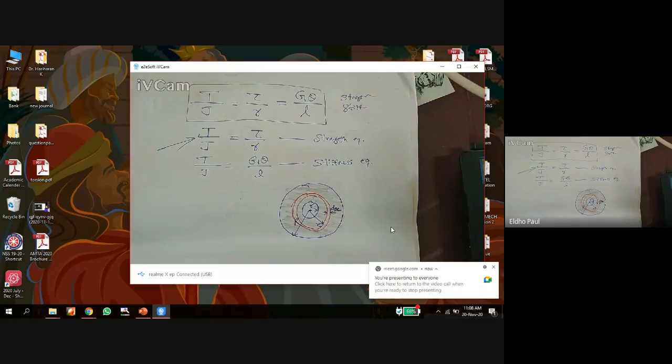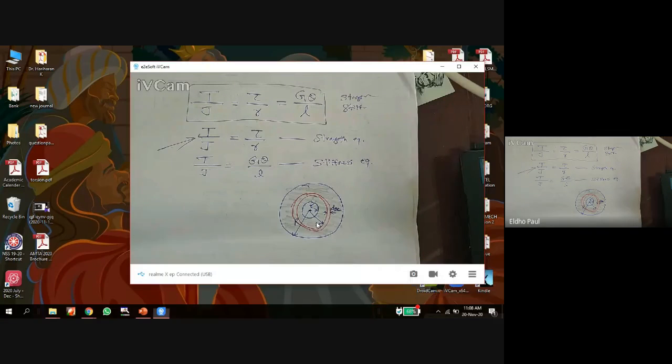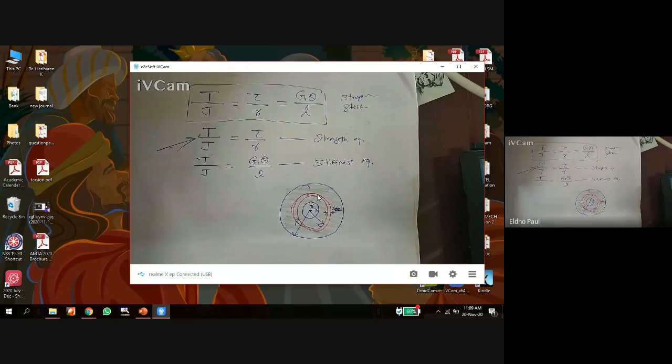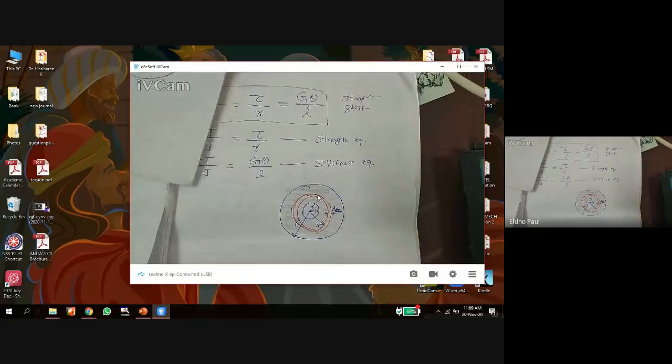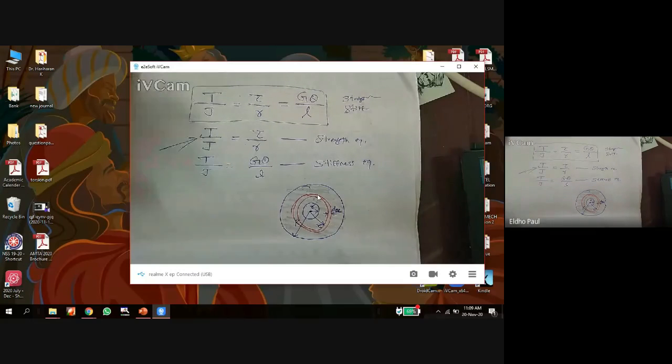So this is similar to the solid shaft. The only difference is that we have a small r and a capital R. In this derivation, the entire thing is similar to the derivation of the solid shaft, but the only difference is that we have a small r in this problem. So here we have